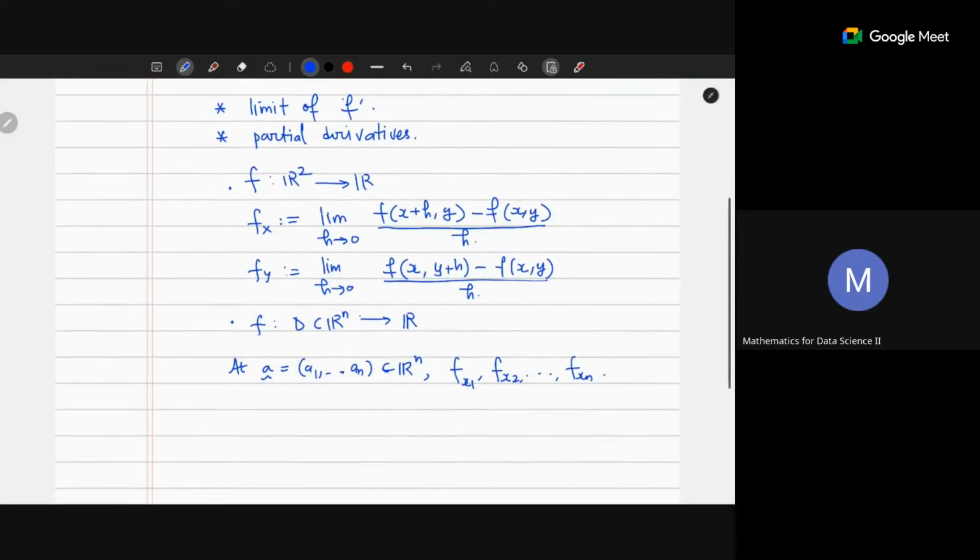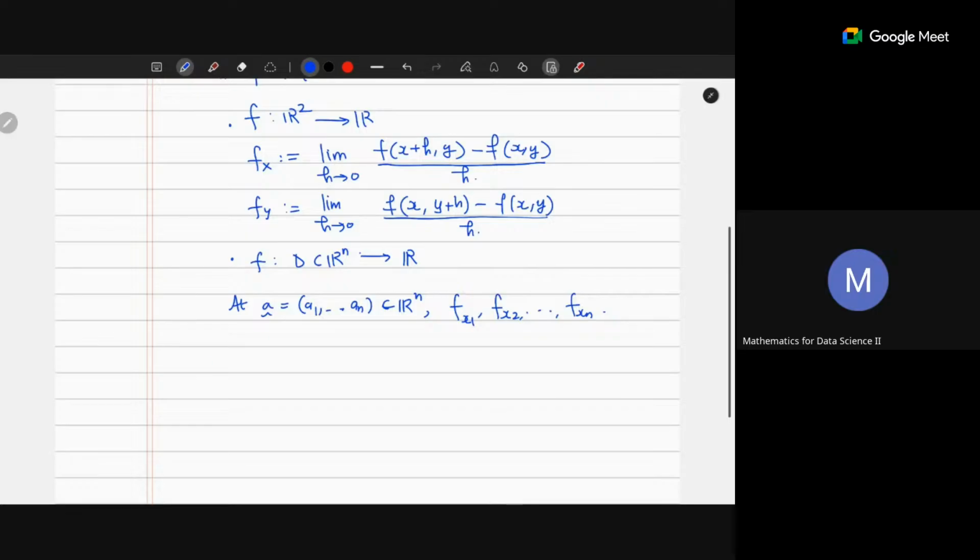And we have also seen the directional derivative. In terms of directional derivative, these partial derivatives become the directional derivative in the direction of the unit coordinate vectors. All right. So we have seen that given a function f from Rn to R,